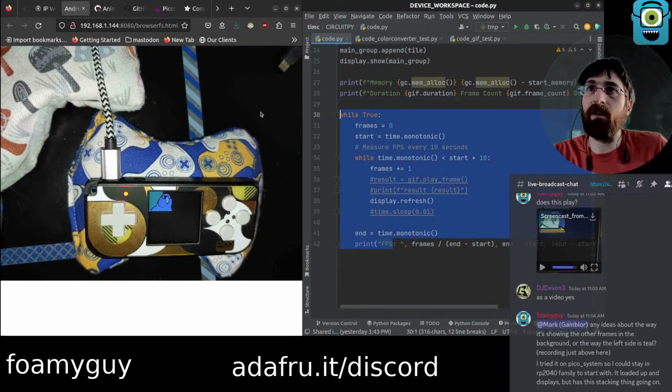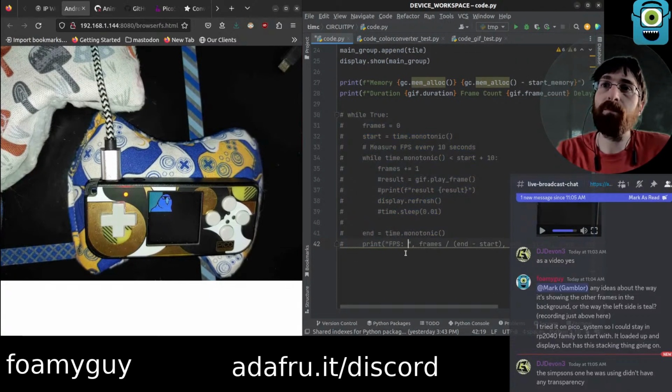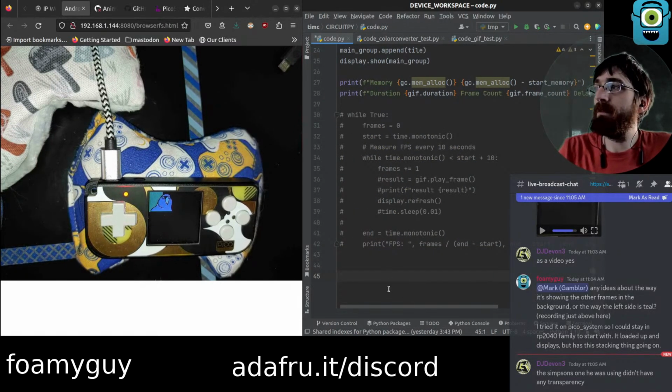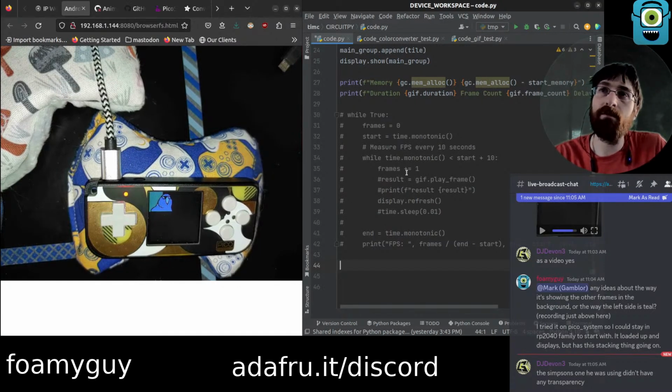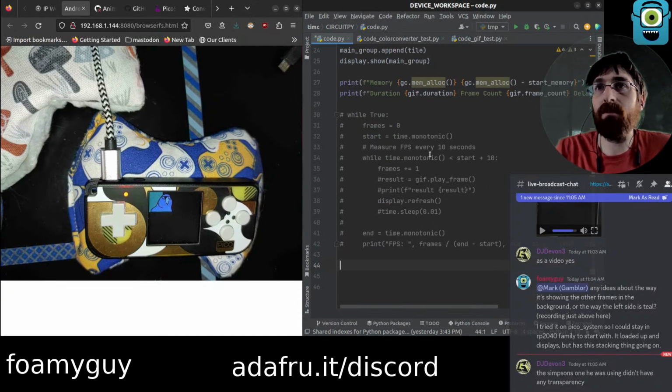Let's pull this back a bit here. Simpsons didn't have any transparency. Okay, I could try out one with no transparency. Maybe. I'll have to figure out how to modify it. I'm not sure, actually, how to cut the transparency out of a GIF. We'll give it a try. I don't do a whole lot of GIF manipulation. I want to try...